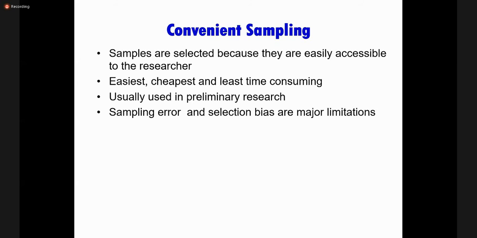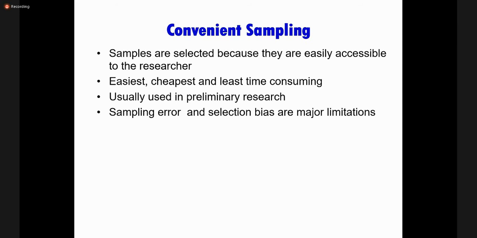Selection bias, of course, is there if you are collecting data on the basis of your easily accessible population. You may select people from a particular facility only or a particular environment only, and your findings are not reflective of the whole population. Suppose you are talking about Karachi and you take data from the OPD of Civil Hospital. It may not be representative of the people of Karachi going to private OPDs, who are going to Hakims, or who are going to quacks. So they may be a different population. So the selection bias is there.